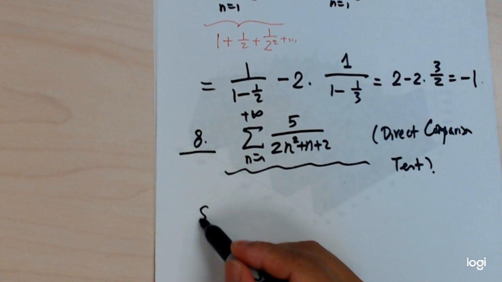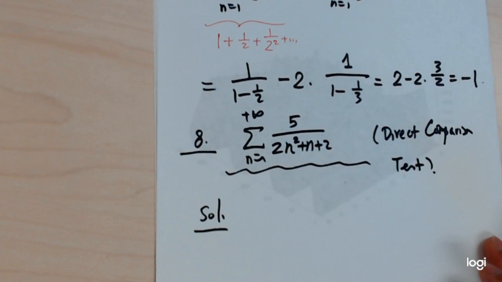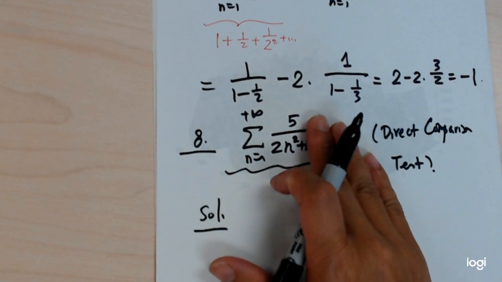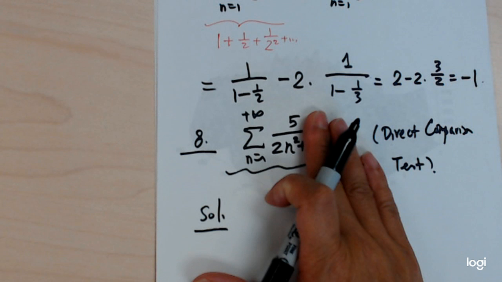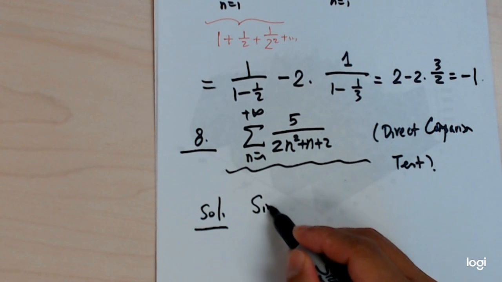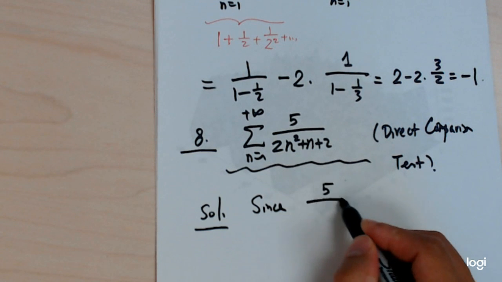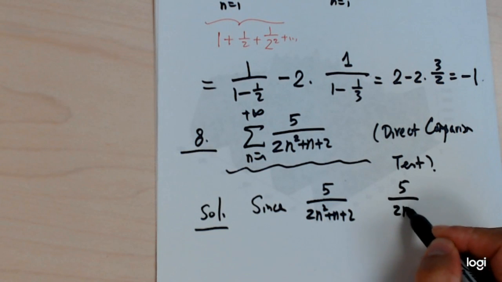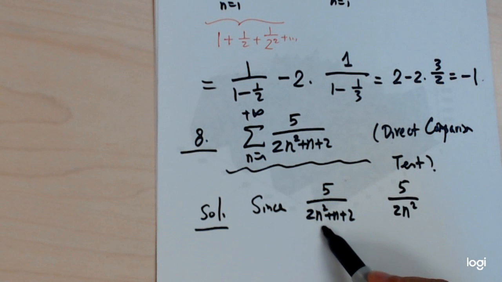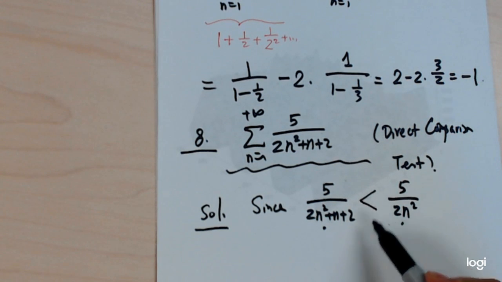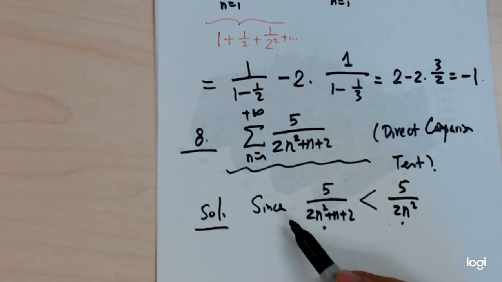So solution. So we want to come up with something to compare with. When you look at this guy, this is similar to 5 over 2 to the n, which is the p-series that we talked about. So you're going to say since we're going to compare this guy with 5 over 2n squared, this denominator is bigger than this one. This one is bigger than this one. That's why the whole fraction is less than this. So this is smaller than this. Because it's less than this,